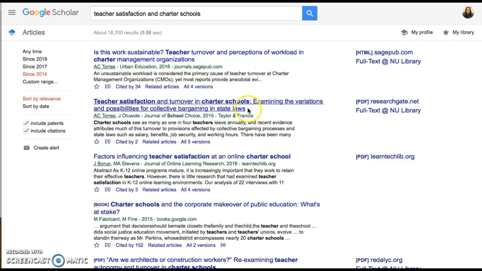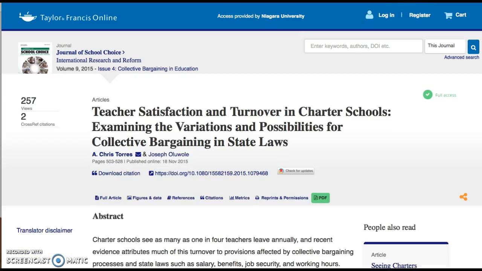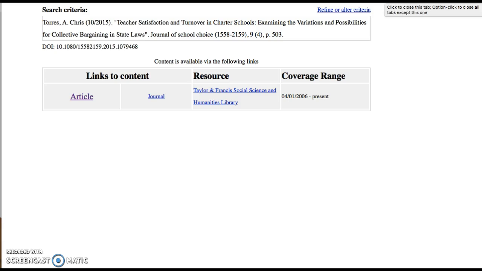Okay, so that one we just saw in Taylor and Francis, right? So that one is available online as well as at NU Library. If you find this link at NU Library, what's going to happen is it'll take you to a new page. Content is available. Click the link to article to get to the full text article. It will link to our holdings, okay? So that is